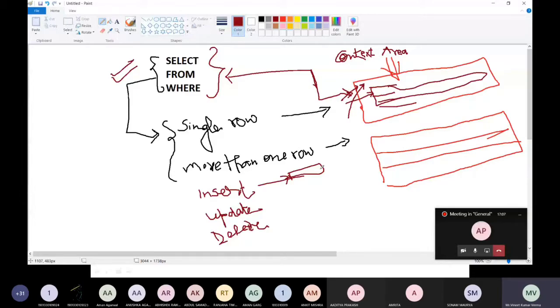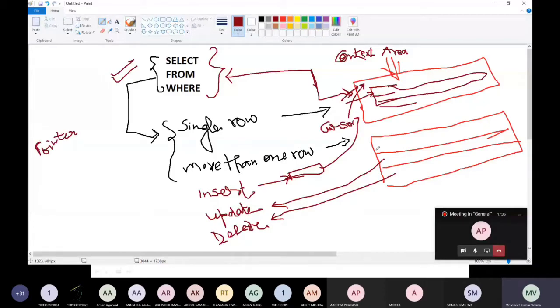Just like in the case of a pointer, you have to create the pointer variable, here also we have to create the cursor. So the cursor will locate what kind of data you want to insert, and what the information of the rows is that will be updated or deleted. All this is again done using the PL/SQL cursor.